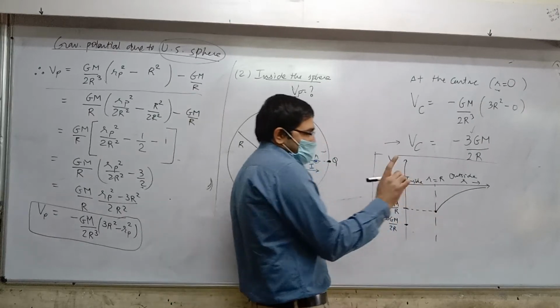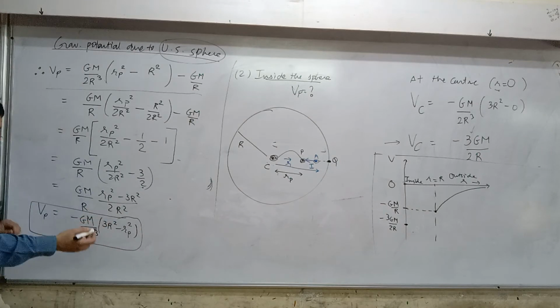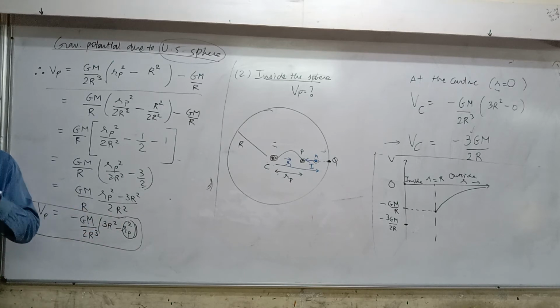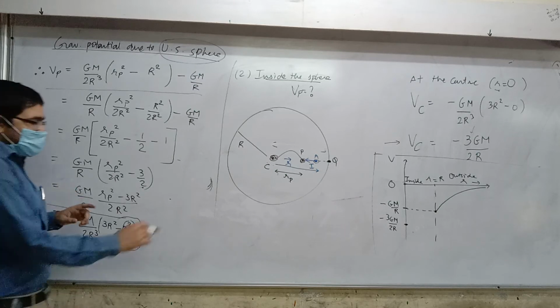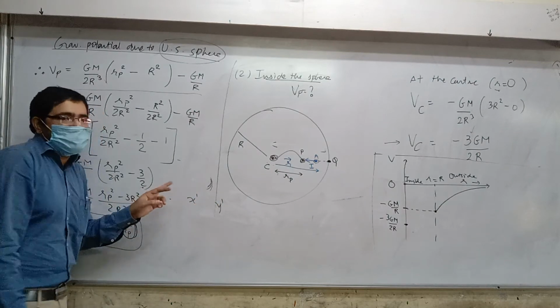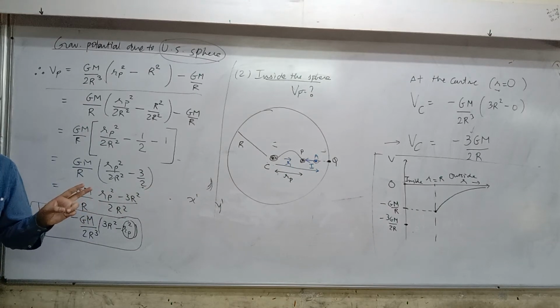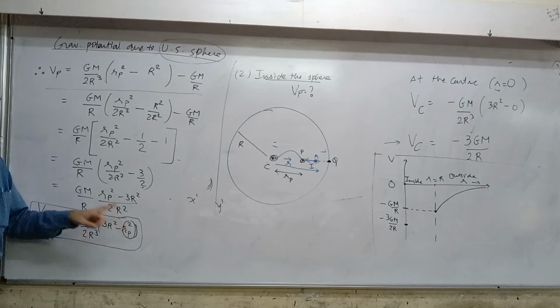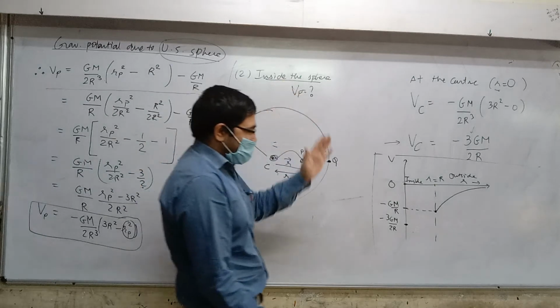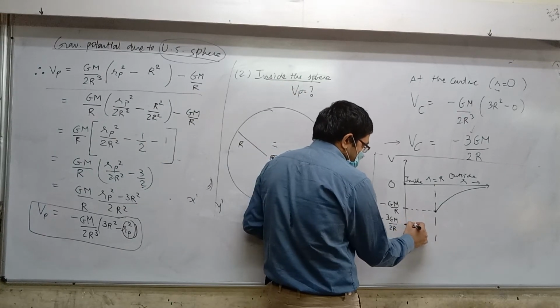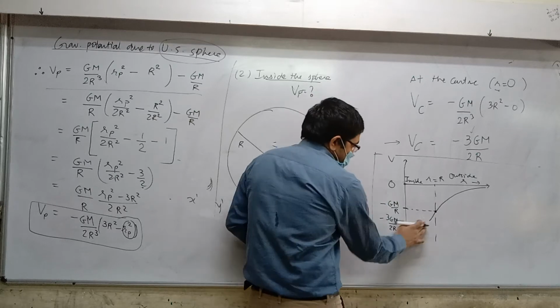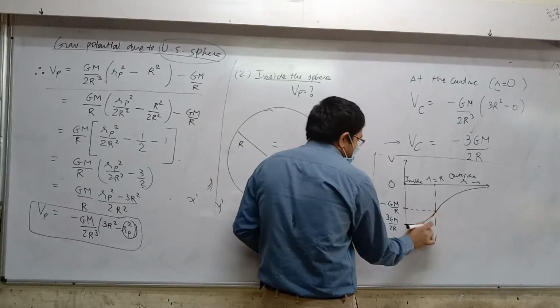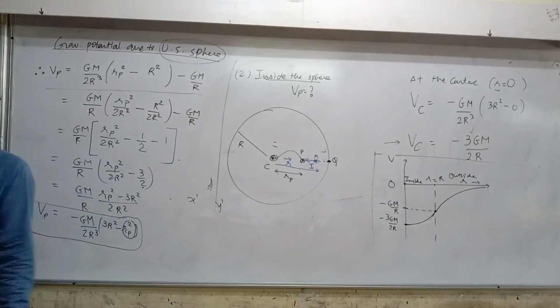It goes up, but it's not a straight line. Why is it not a straight line? Have a look at the formula. It depends on r, and this is a square of the distance. Straight lines have linear equations, with x raised to 1, y raised to 1. But this one has r squared, distance squared, so it will not be a straight line. It is in fact curved like this. That's what the graph looks like.